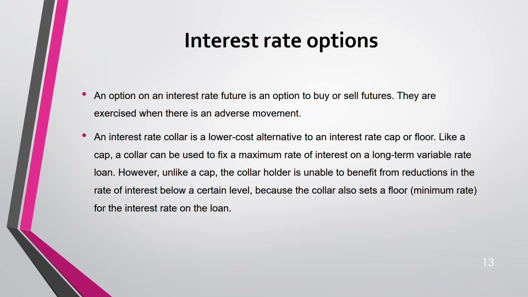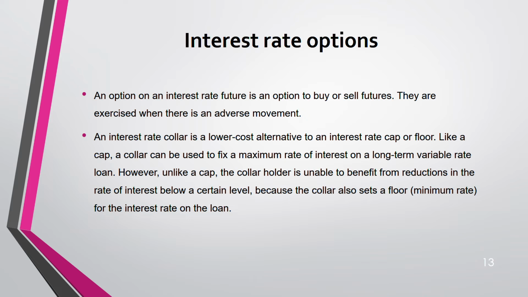Sorry, if interest rate, yeah. So collar reduces cost. If you take a cap or a floor, it will be more expensive than the collar. You understanding? So collar is a lower cost compared to just cap alone or just a floor alone, because how collar works, you have to take a cap and a floor. You are selling one thing and you are buying one thing simultaneously. Together you are doing it. That's why collar prices are less.